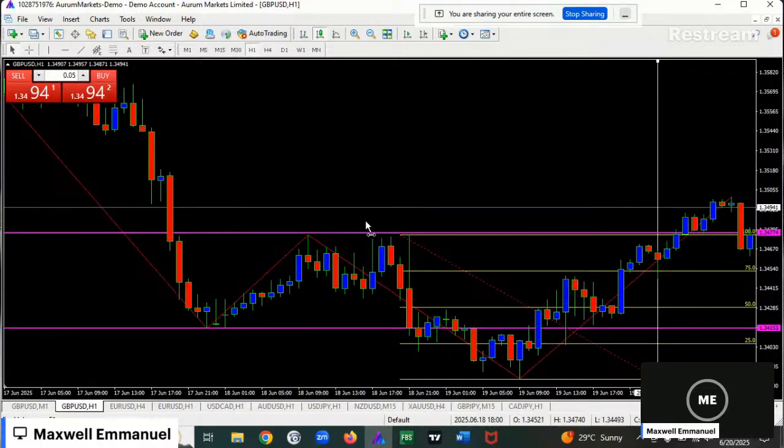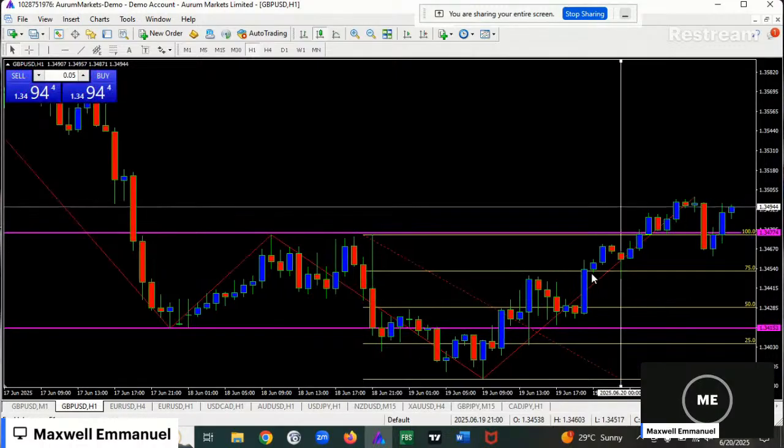My bias is bullish for GBP USD. I want to see price at least pull back to this fair value gap. At least, price should pull back to this zone. I hope that is